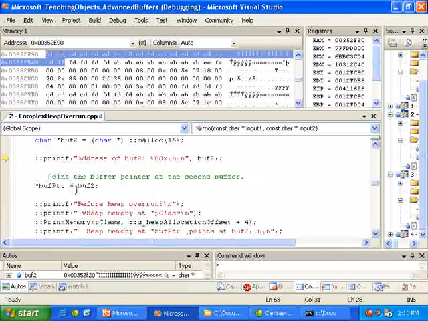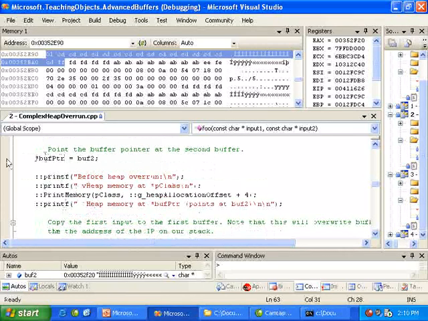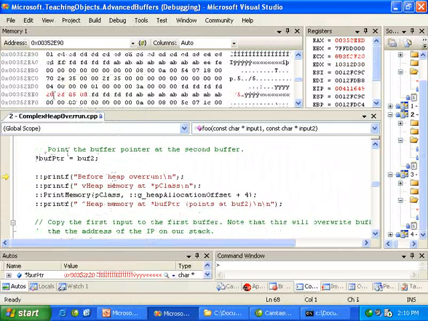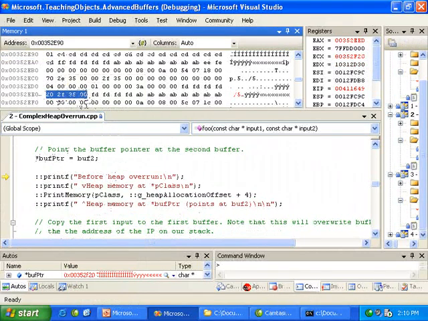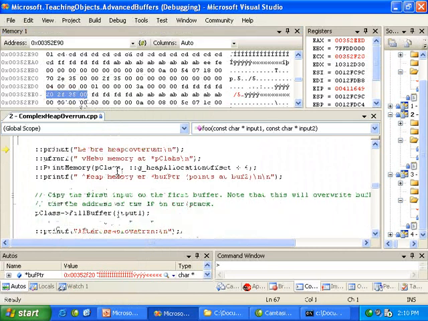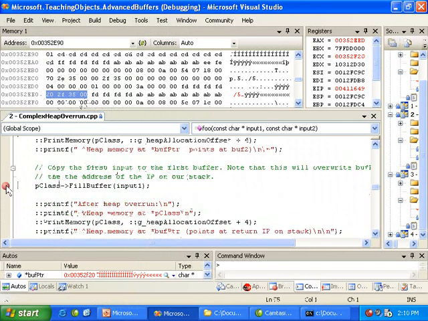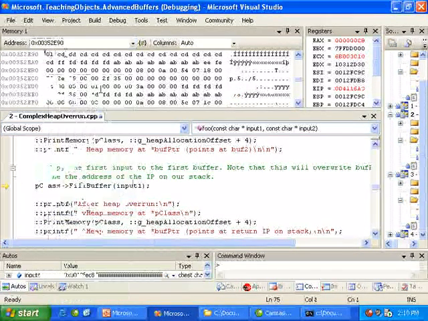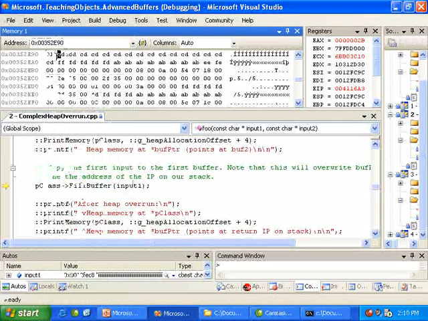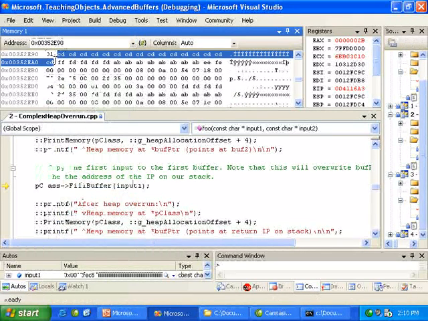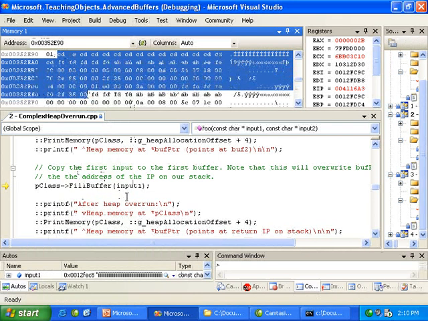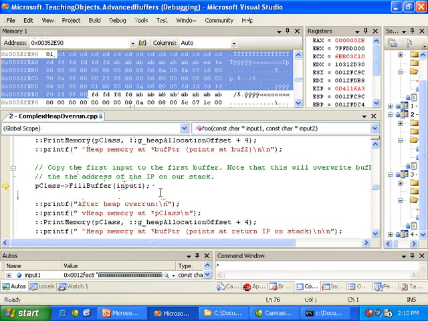Now if we go ahead and run to the cursor here, we're going to see that we point to buffer 2. And pointing to buffer 2 is not a problem, because that's simply giving us a pointer to somewhere else for a future copy. And now it's this fill buffer class that we want to be very careful about. So if we run up to the cursor here, now pointing at pClass, when we go to fill the buffer, what we have to watch out for is not only is it going to overflow those 16 bytes, it's going to overflow our extra character, and very likely will be architected to overflow all the way down until it fills up the return pointer of the method we're currently